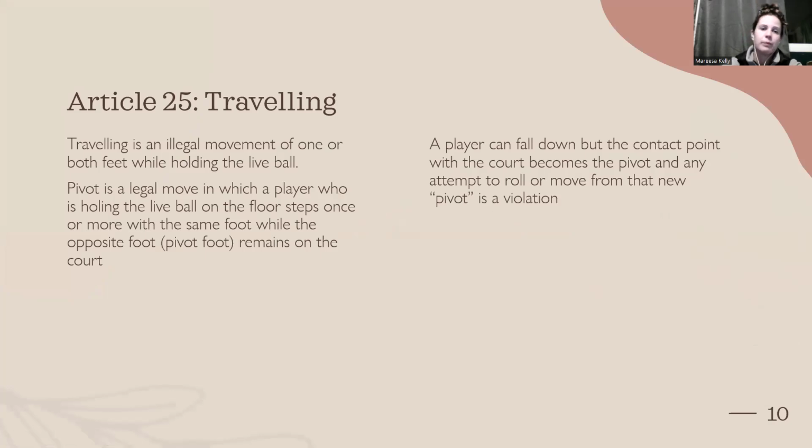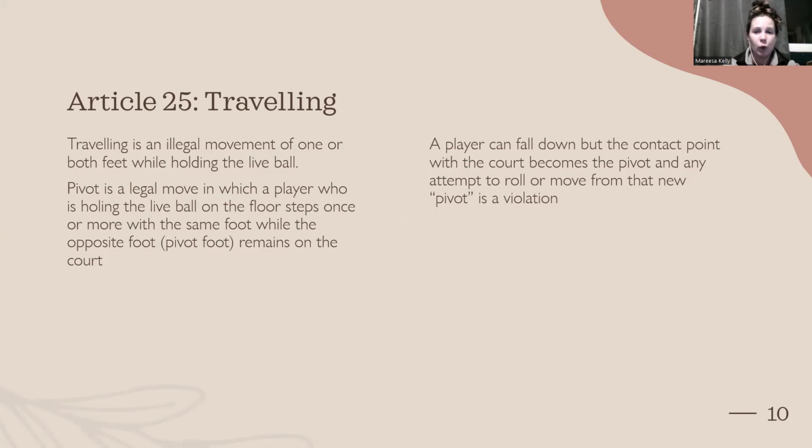Traveling. Traveling is an illegal movement of one or both feet while holding the ball live. Traveling will typically always happen either at the start or the end of a dribble. If they're dribbling, it's not very likely that they are going to travel. You want to keep an eye on which is the pivot foot. And a pivot, which for people who don't play basketball makes no sense, is a legal move in which the player holding the live ball can step around the pivot foot, which is the one that